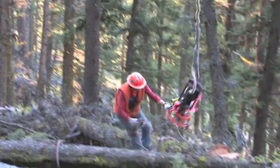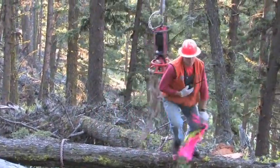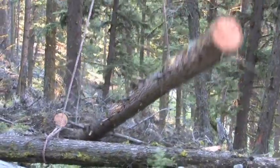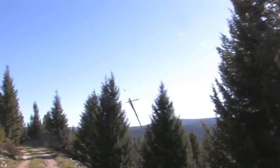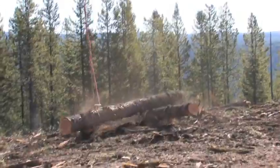And after that we send guys in on the ground that are called hookers. Hookers are the guys that actually hook the logs to the long line on the helicopter. So the hookers will make turns, which are several logs or one log, just depends on the size of the tree, up to 4,000 pounds. They'll then hook them to the helicopter and send this turn to the log landing where the chaser,